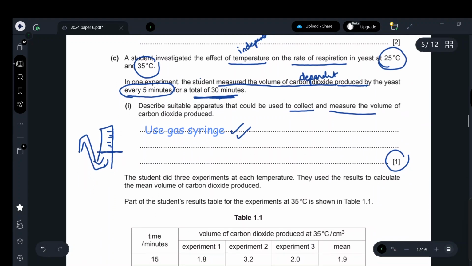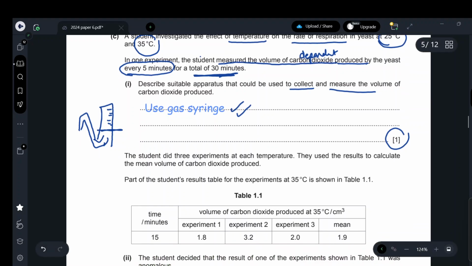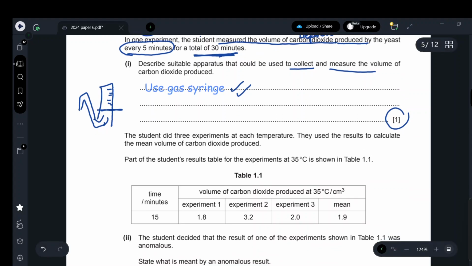The student did 3 experiments at each temperature. Take a look at this graph. They used the results to calculate the mean volume. Take a look at the table, sorry. Calculate the mean volume of carbon dioxide at each temperature,